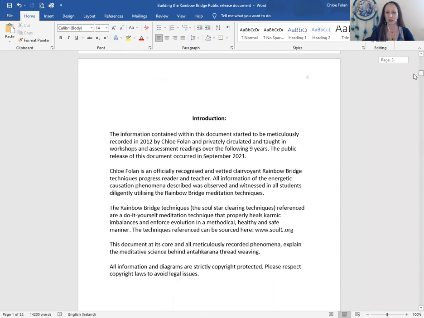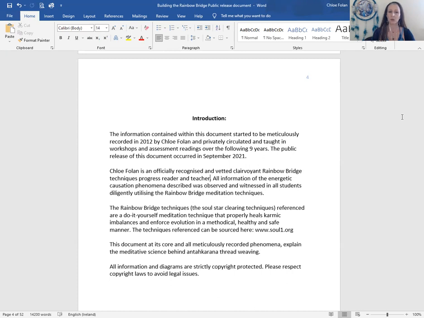Coming to the introduction, where this information came from is with the work that I do with and for the Rainbow Bridge techniques, which are also known as the soul star clearing techniques. In my very privileged capacity as a reader for the techniques, I started meticulously cataloging and recording